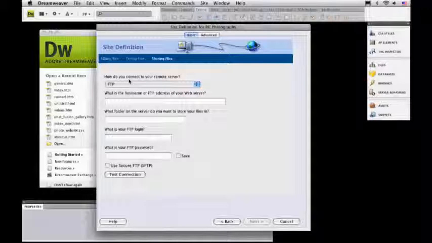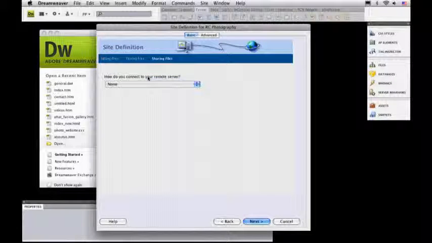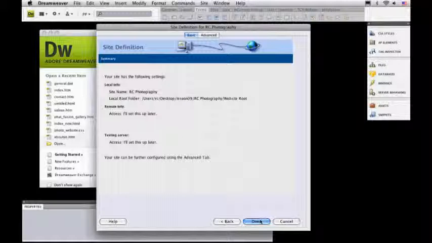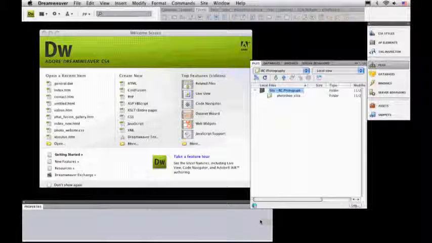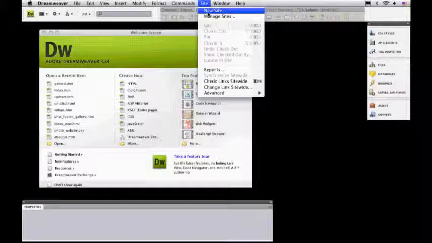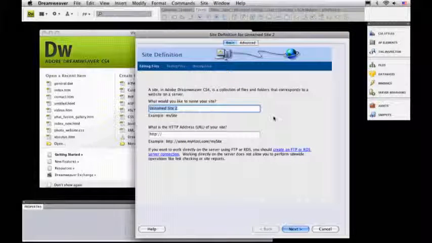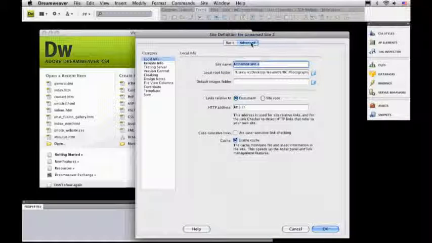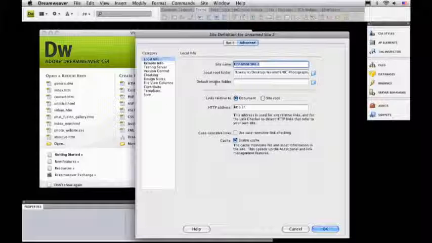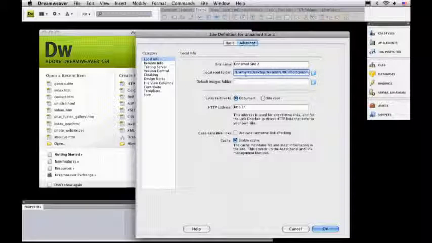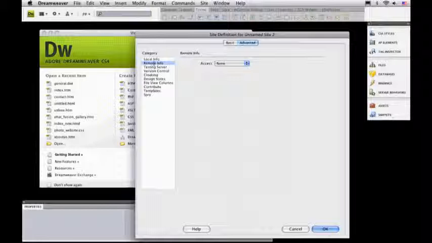Now, let me just show you something else real quick. I'm going to click on Site, and then New Site. We did that through the Basic section. If you went to the Advanced section, there's a lot of other information that we'll talk about in other classes, but it's just as fast. All we did is fill in the site name, point to the local root folder, and under the remote info, set up access of none. That's all we did. So sometimes just going advanced is easy. You just go in here, type in your name, type in the folder that you want, put in none or put in FTP, and click OK. You're all set. Now, in the next video, we're going to start talking about setting up some guides and some slicing, and bring all of this stuff into